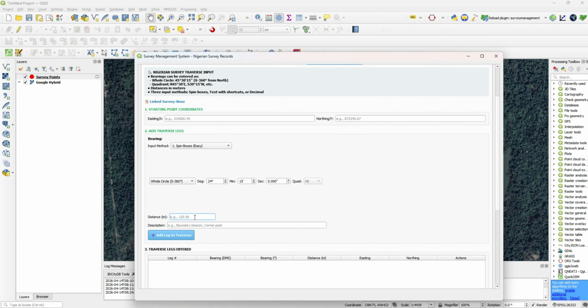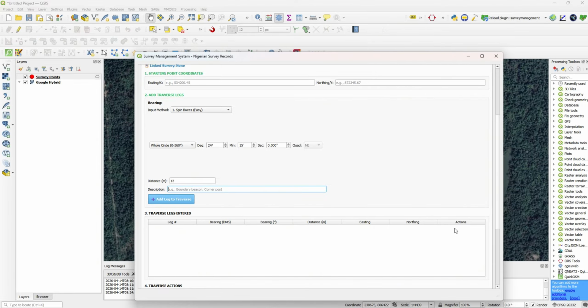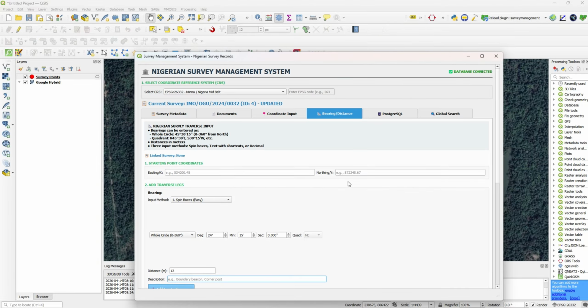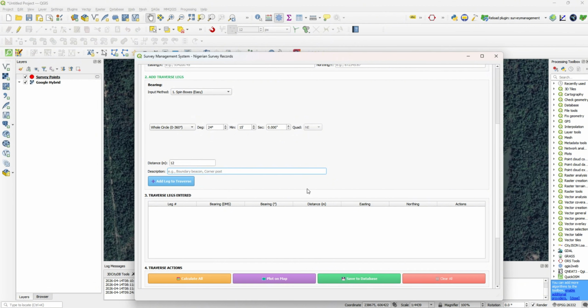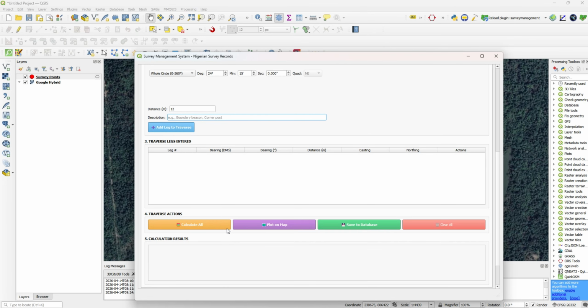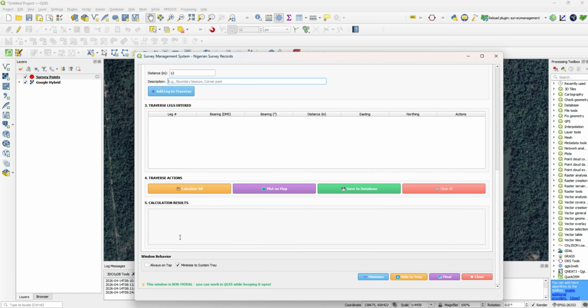and then you input your bearing as the case may be, and then you input your distance here as well. Your beacon number is the description. You also input this detail. So if you click add leg, it comes up here as a detail, right? The good thing about this is that when you complete a loop, a complete traverse around the perimeter, you click calculate all, and it automatically generates the results of the computation,